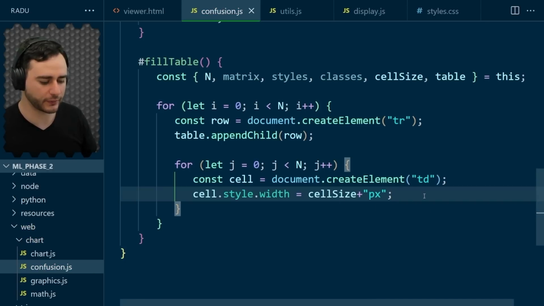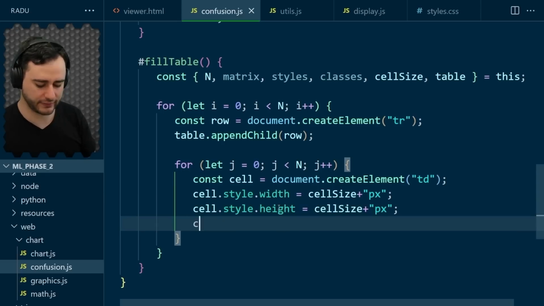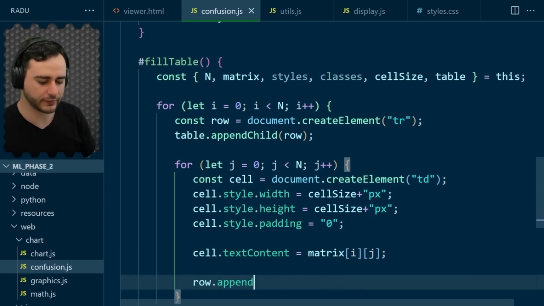And I'm going to copy this for the height as well. And let's remove the padding also. And now I'm going to add the text of this cell to be the value of the matrix at i and j. Simple as that. We just have to add the cell to the row now, and we can save,